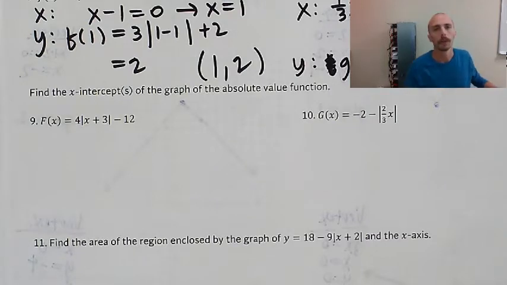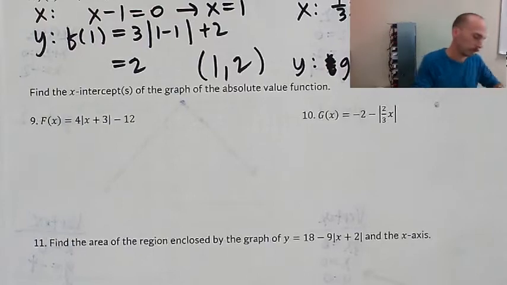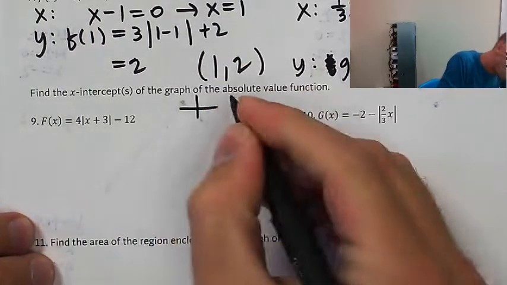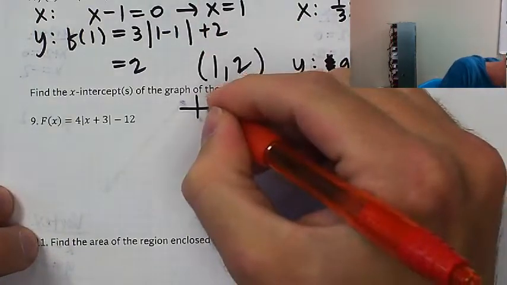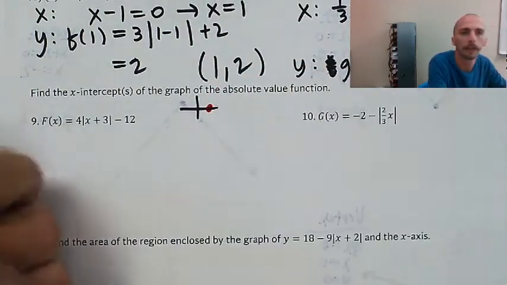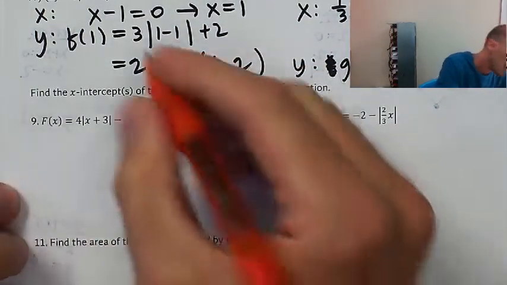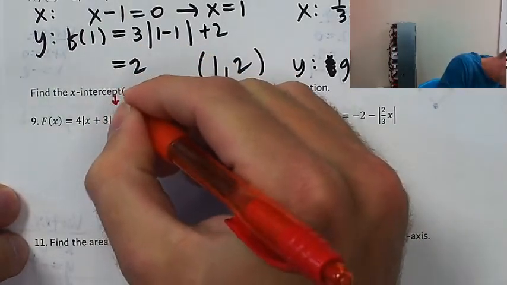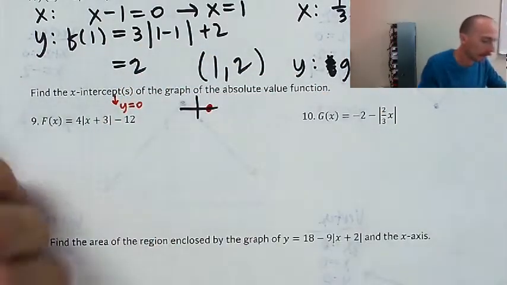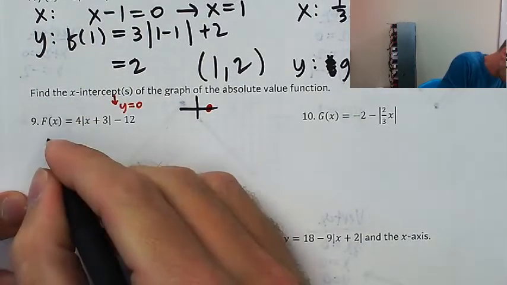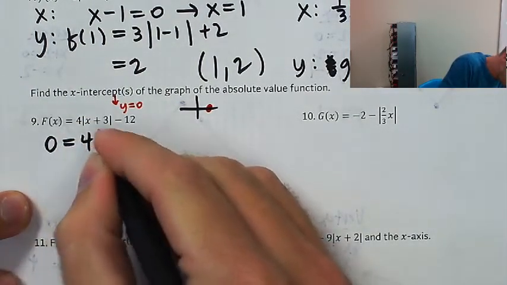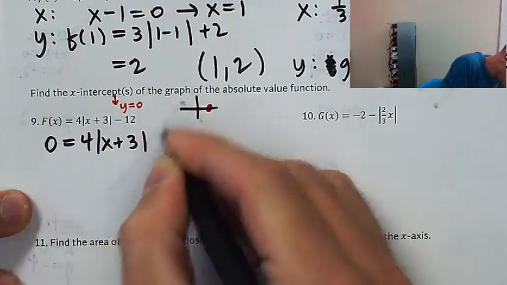X-intercept, think about it. What do you know about an x-intercept? So I'm going to draw you a picture of an x-intercept. These things are V-shaped graphs, so at an x-intercept, y is going to be equal to 0. So we're just going to say y equals 0. Now in this case, f of x is representing y. Okay, so we're just going to plug in 0 is equal to 4 absolute value of x plus 3 minus